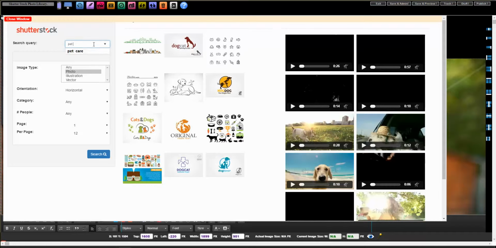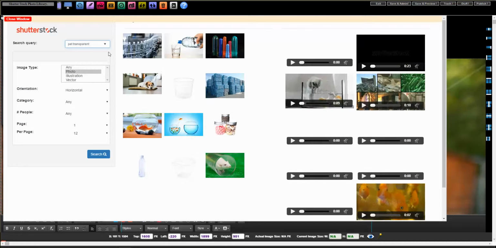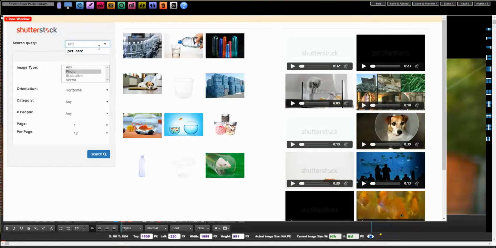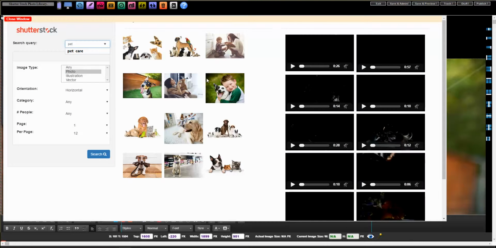See if I could get a transparent. Nothing I see there. Okay, I was just going to do,